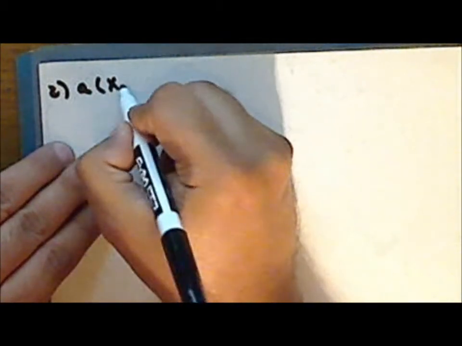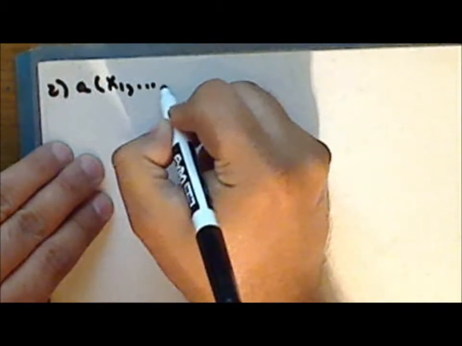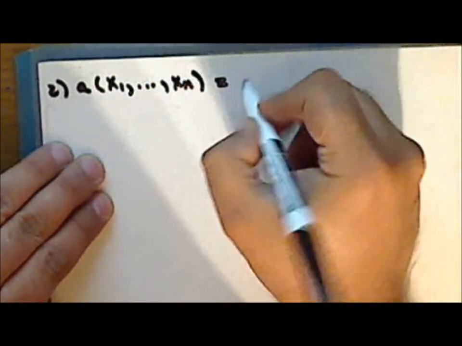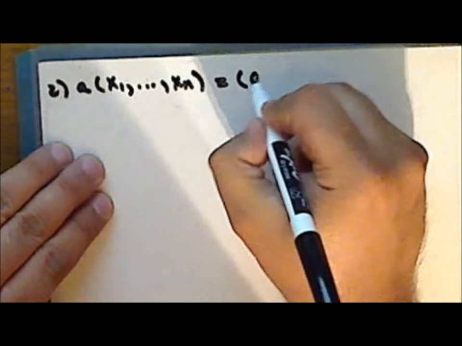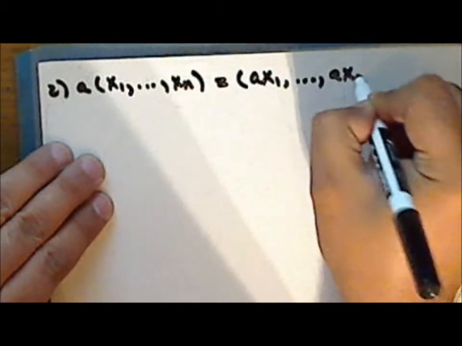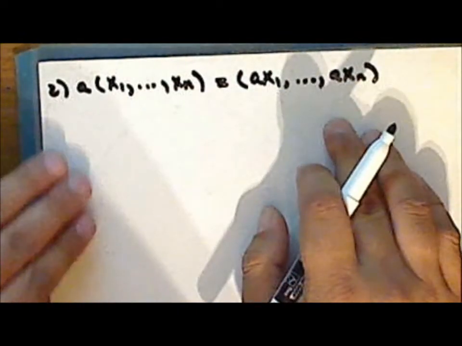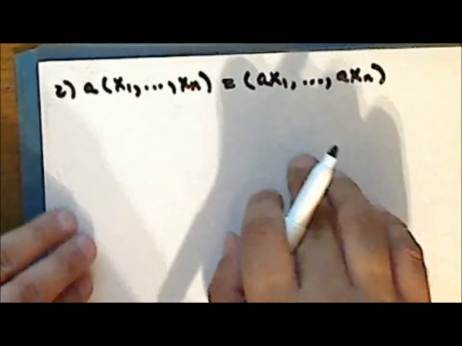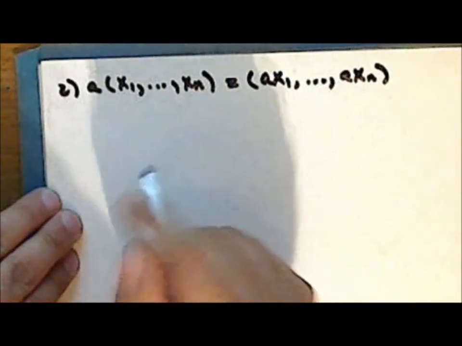and a scalar multiple of an n-tuple, the scalar being the number a, and the n-tuple being the ordered n-tuple having coordinates x sub 1 through x sub n, is the ordered n-tuple with coordinates a times x sub 1 and so on through a times x sub n. So here we have a definition of scalar multiplication of a vector, where again the vector is an ordered n-tuple. Now,